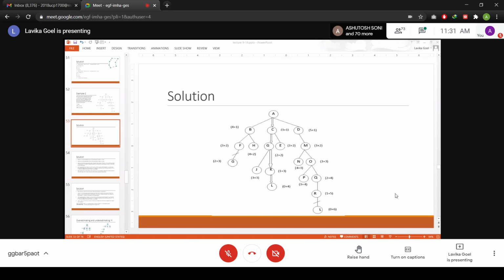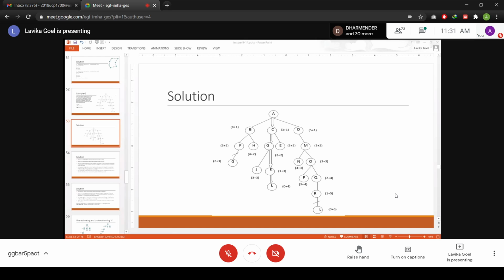Are you able to get this, students? See students, one thing in this example is I was just explaining to you the duplicate node concept. So don't confuse it with how we have created the open and closed list, because in this example, G and L, I have considered them as duplicate nodes. But they are not actually duplicate nodes, because if you see G, when you generated G, at that time this leftmost G was not there in the open list or the closed list. So it was not a duplicate node actually, but I have just taken this assumption to help you understand how to work with duplicate nodes.